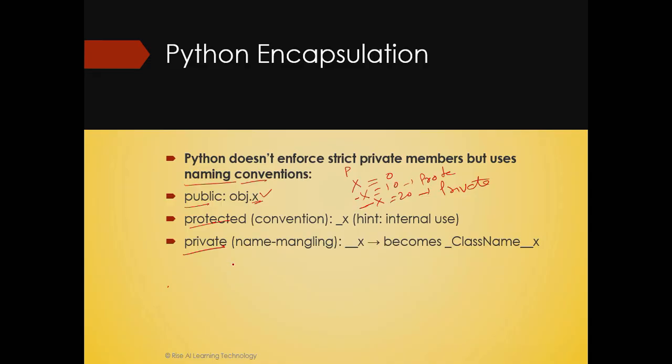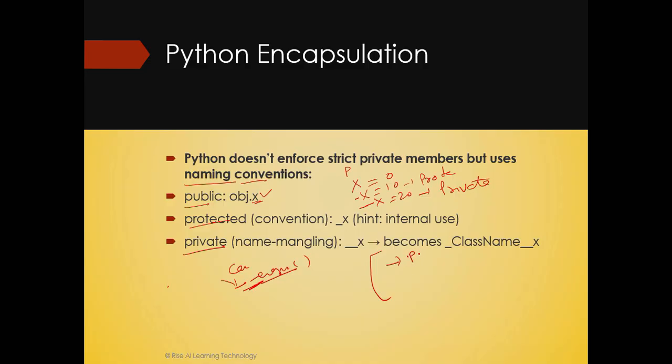Suppose in a particular class, a car having some engine method, I don't want to expose this method to other classes. So I can say this is a private method. I can use a double underscore in front of that method, because I don't want to explicitly show this. If I take one example,